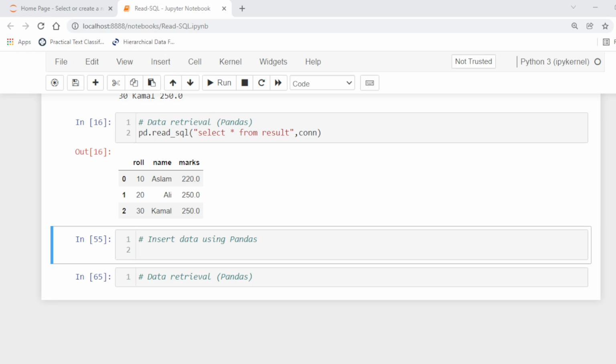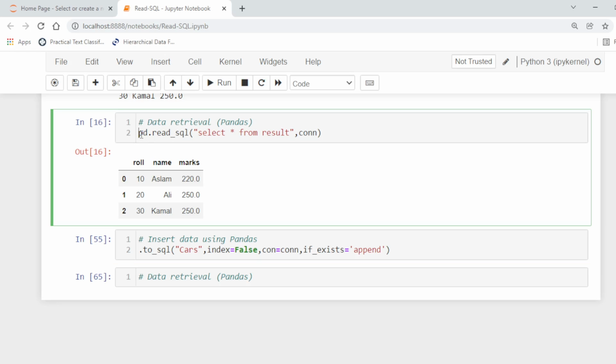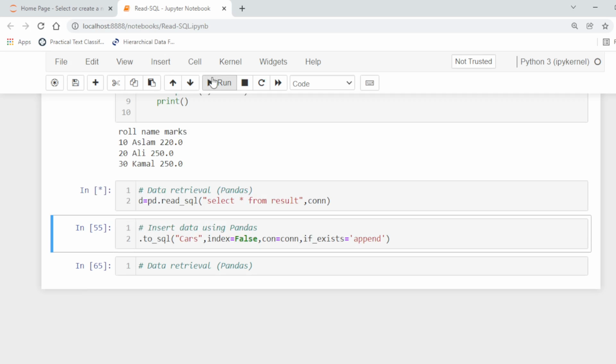For example, this is our, let's say we want to insert, for example, let's say we store the output into the data frame D, and then we want to write some other rows.